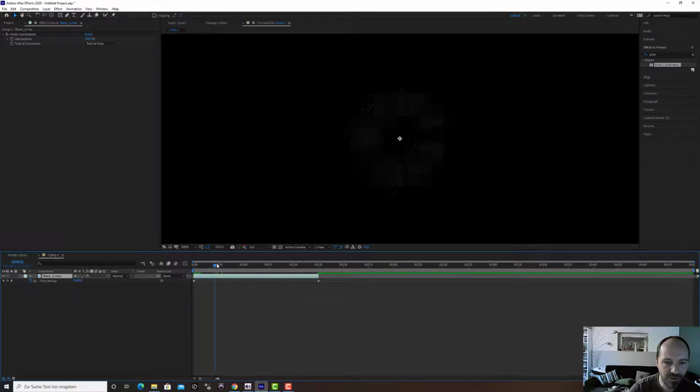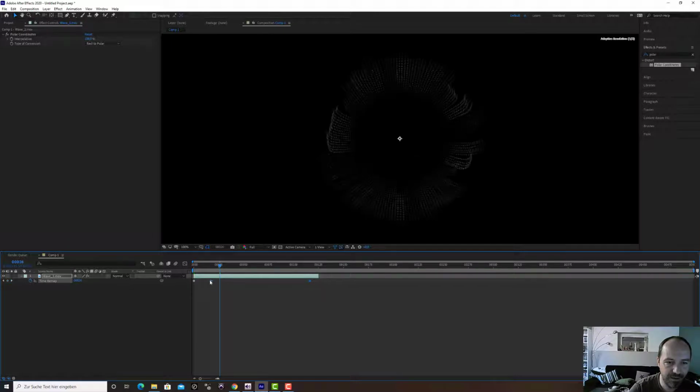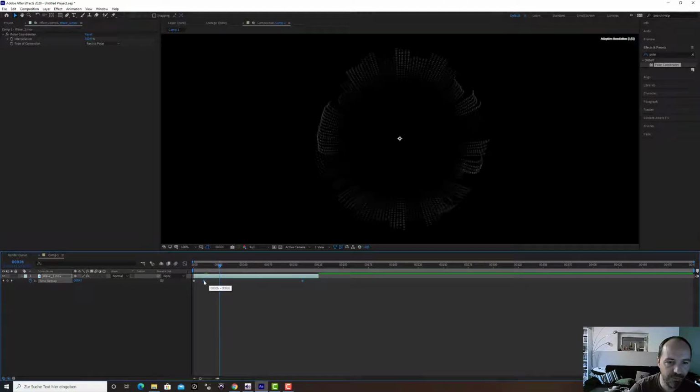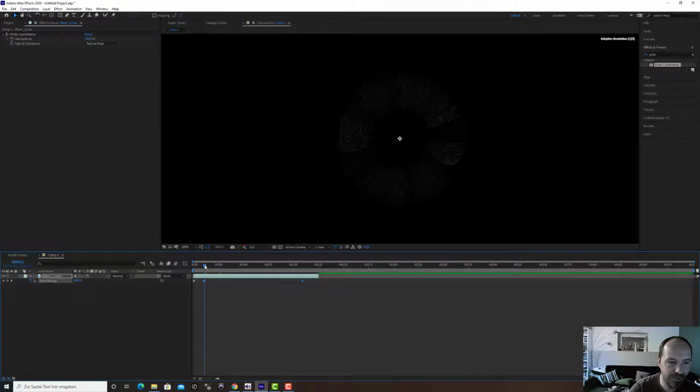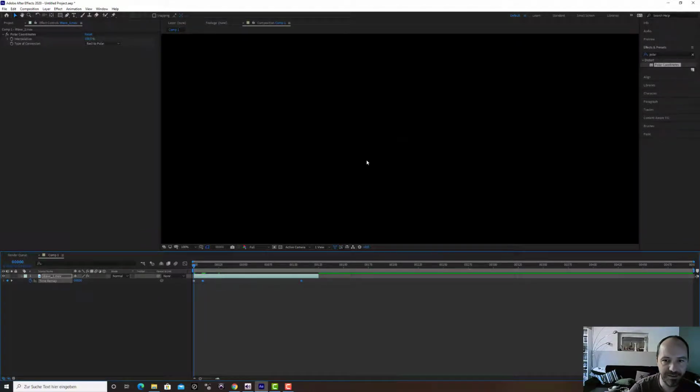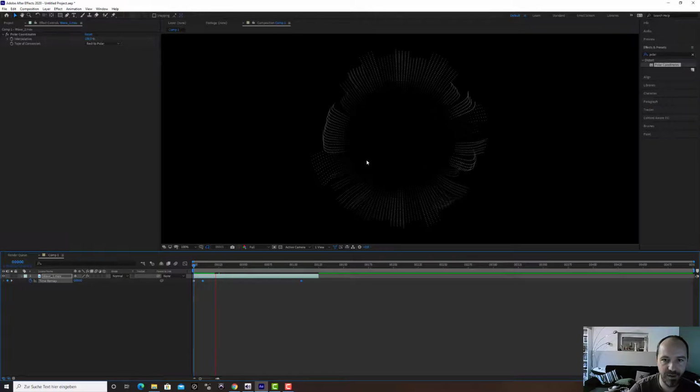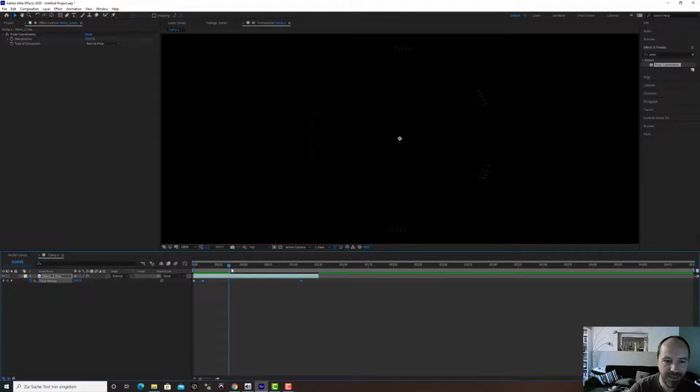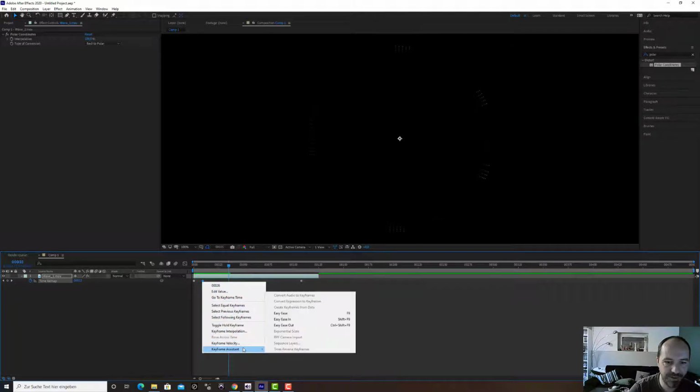So I go to frame 25 and make a keyframe and select my created keyframe and the last keyframe and drop that all the way to front, let's say to frame number 10. Okay, so now I have a fast start and then it slows down. Okay, I like to ease that, so right click on the keyframe and say keyframe assistant easy ease in and